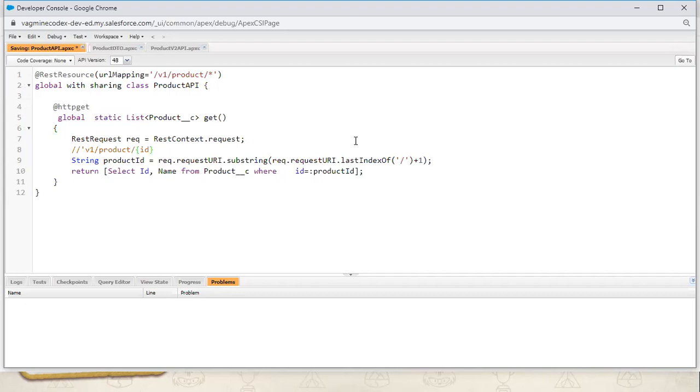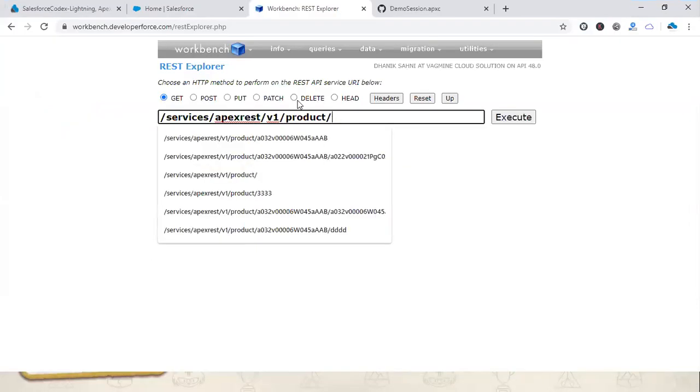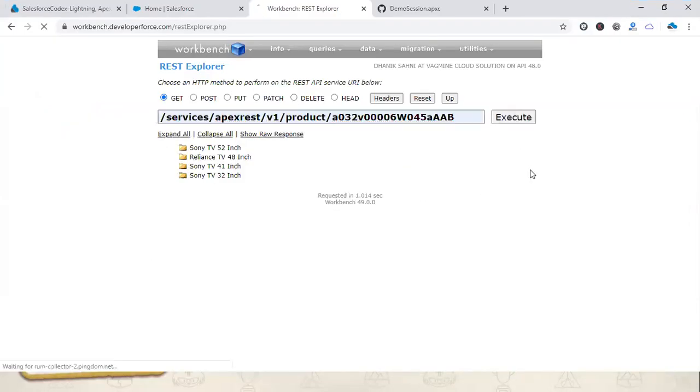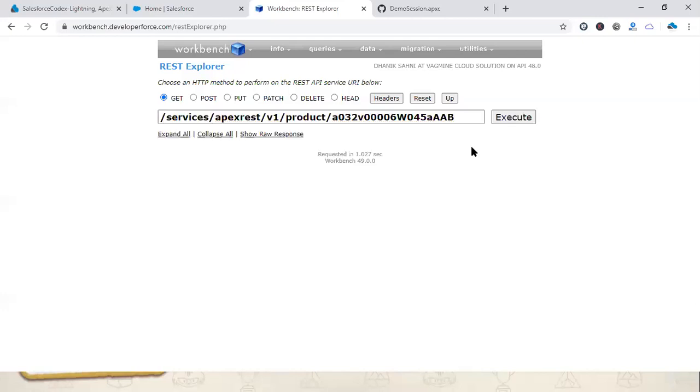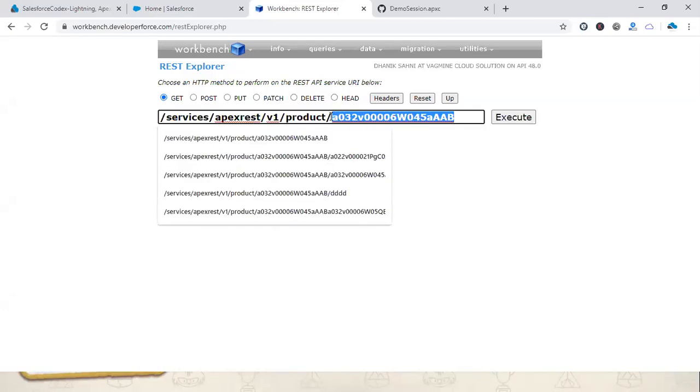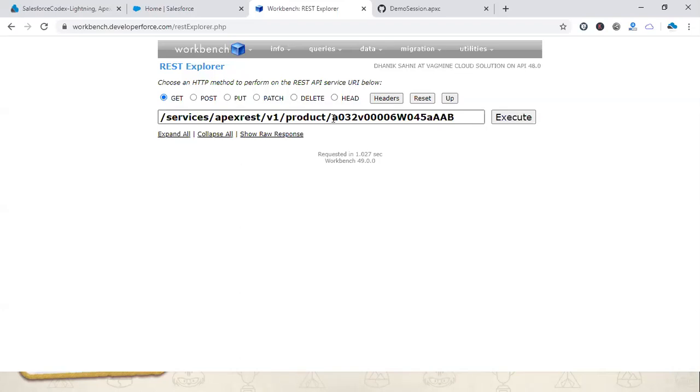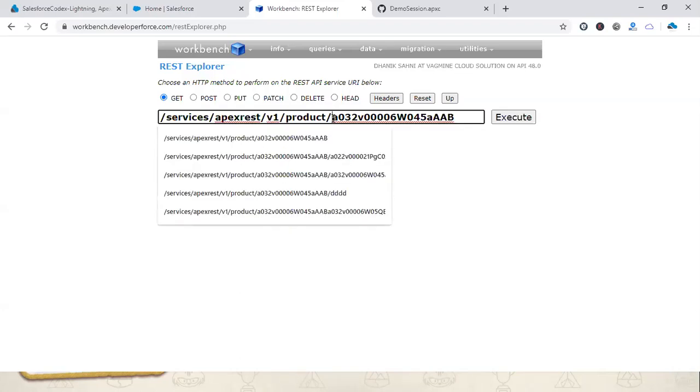So this is an example. What I have done is get whatever the URI is there. Let me first tell you how this will be accessed. I want to extract the data or the product information of this specific ID. You can see that the URL contains the information about your product ID. So I want to extract this ID, whatever data is after this slash.